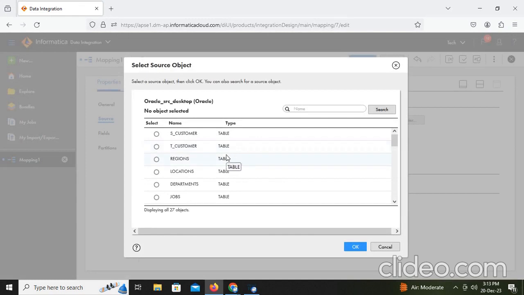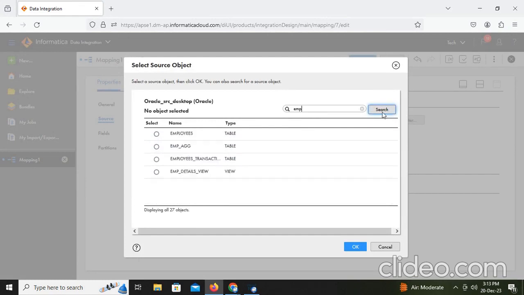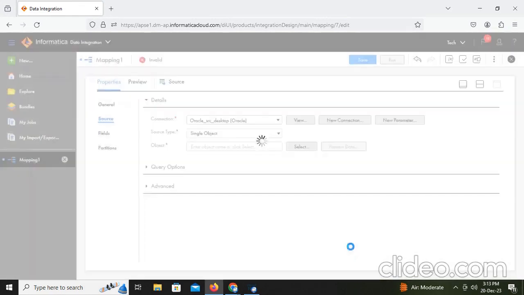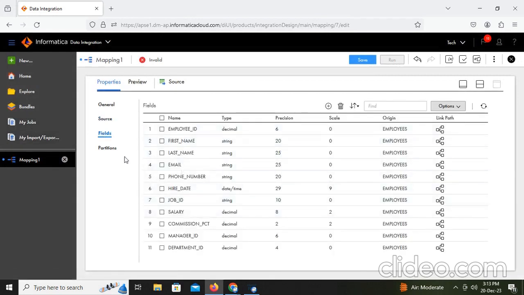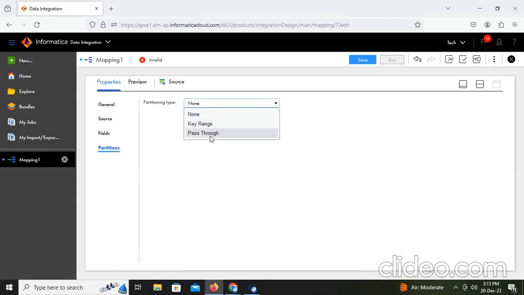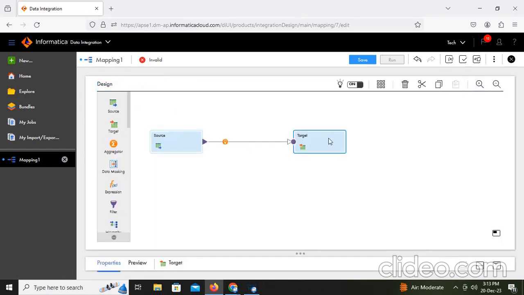It takes time to connect. Select the employee table, EMP, search, check. Every time it takes a little bit of time because the Informatica cloud service has to go to the cloud and get the details. So here we are getting all the fields, and we have the partitions here, pass through and key range partitions at the source level. Okay, go to target